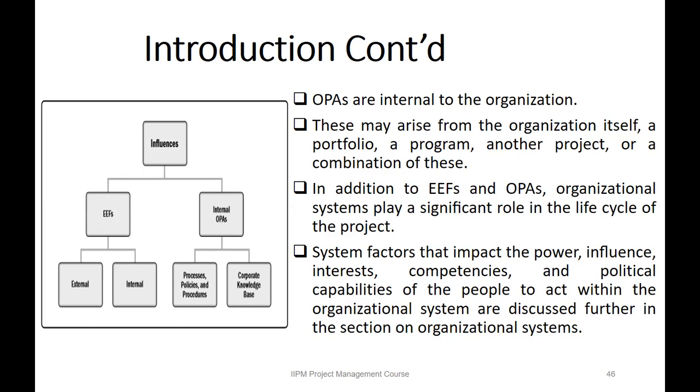Now, if you look at the diagram, we have influences, and then on the influences, we have EFs and OPAs majorly. Now, the EFs will have the external EFs and the internal EFs. Remember, we said EFs are majorly external, right? But in some cases, we could also have internal EFs, and we'll look at them. Then when we talk about the OPAs, they are majorly internal. And under the OPAs, we have the processes, policies and procedures, and